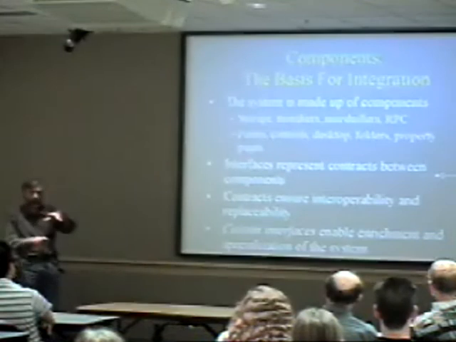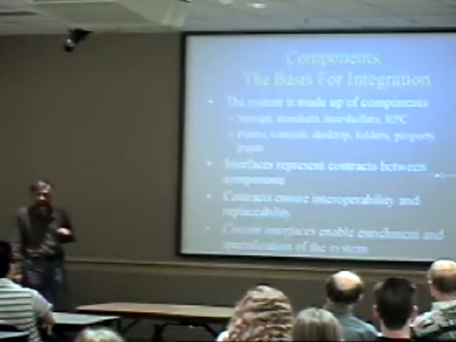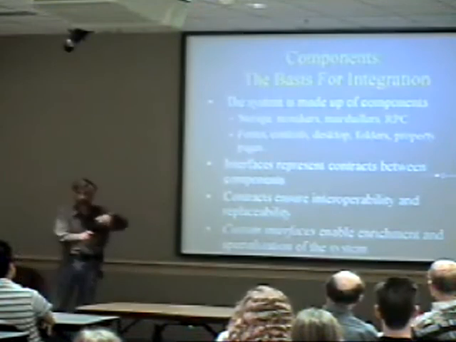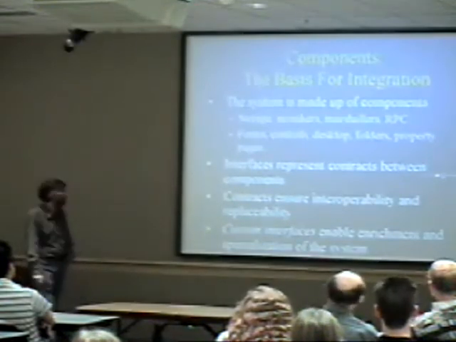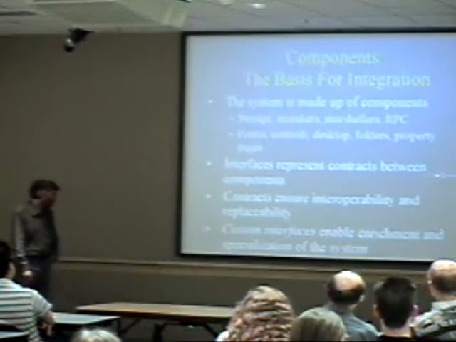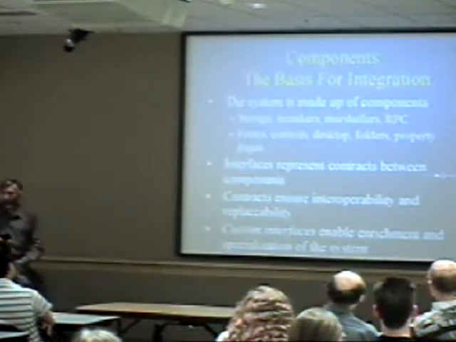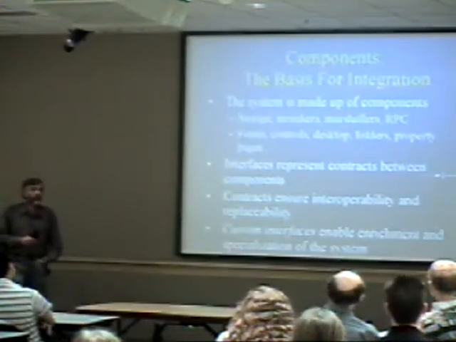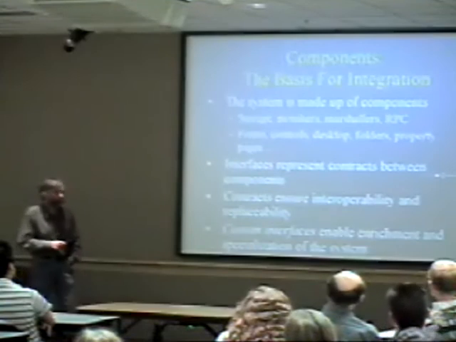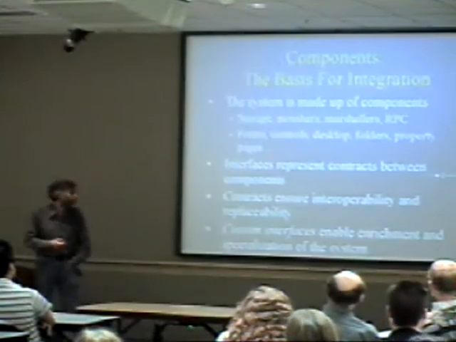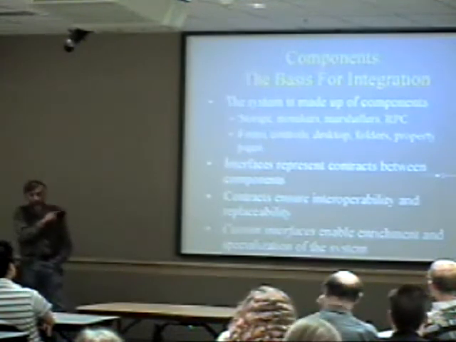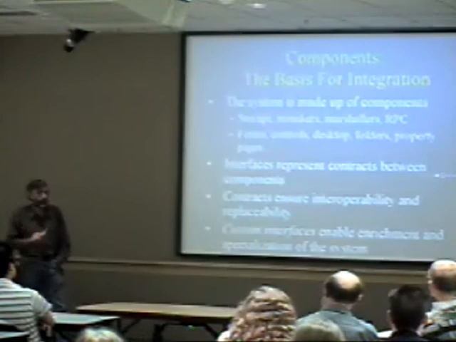Because of the multiple interfaces on one object thing, we had to invent some notation. So we came up with this lollipop diagram. The lollipop represents an interface, and the blob represents the component that's supplying it. We paid attention to the notions of design by contract and said that an interface is more than just a set of signatures. There's an associated contract for how you use it properly and how you implement it properly. And I'll talk a bit more about that in a minute. But these contracts are what gets to the issue of substitutability. If I don't implement the same contract, I'm not substitutable.